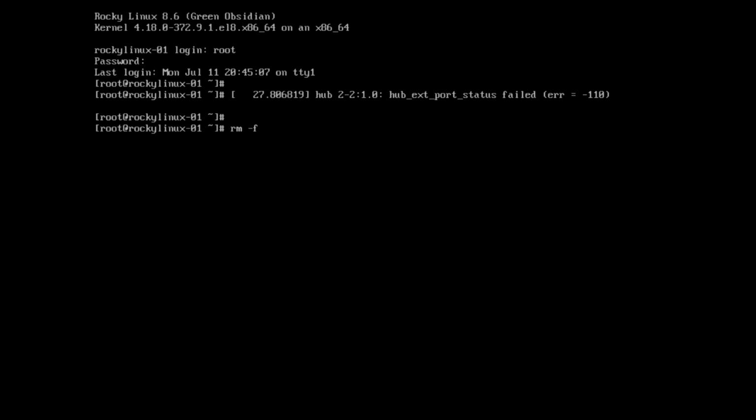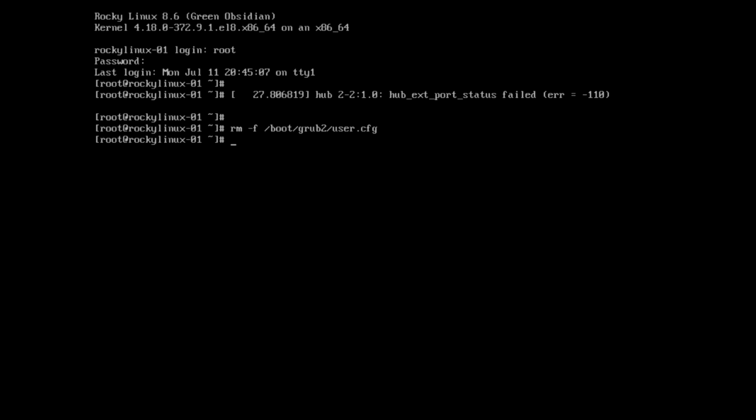You have to remove this file located in /boot/grub2/user.cfg.